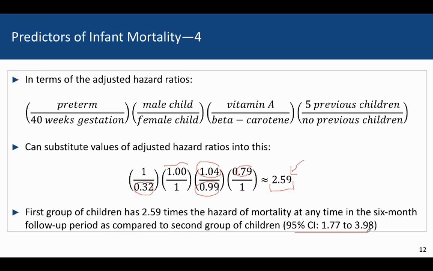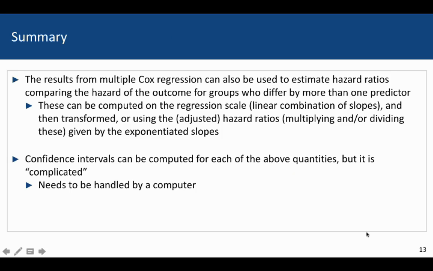If you were to put a confidence interval in them, I guess I had to go to the computer to do this and get the standard error, and it's involved to some degree, but the 95% confidence interval is 1.77 to 3.98. So in summary, the results from multiple Cox regression can also be used to